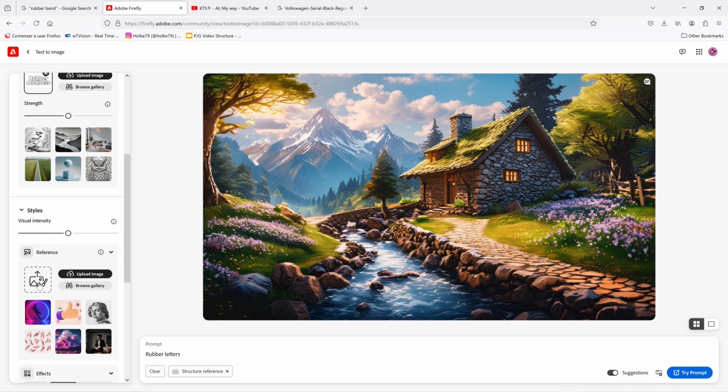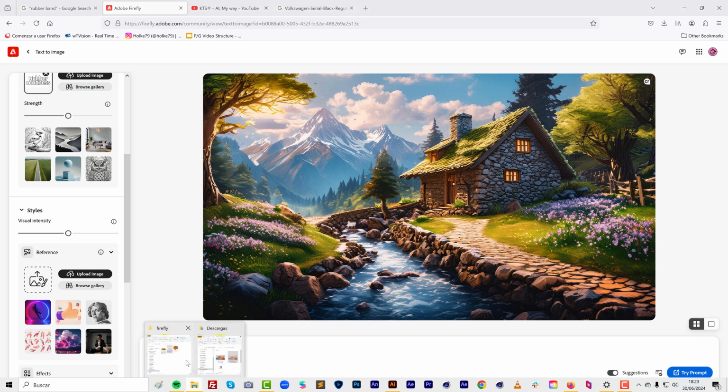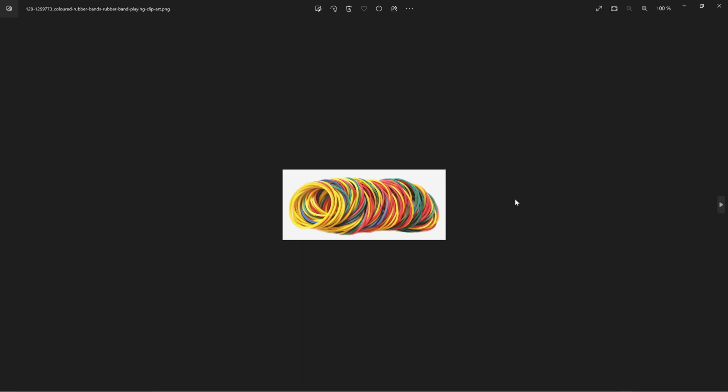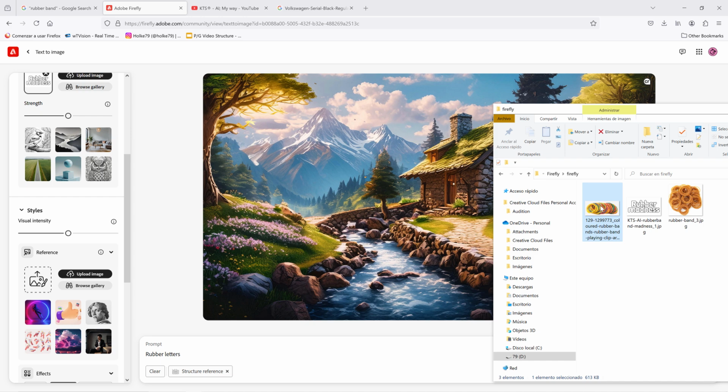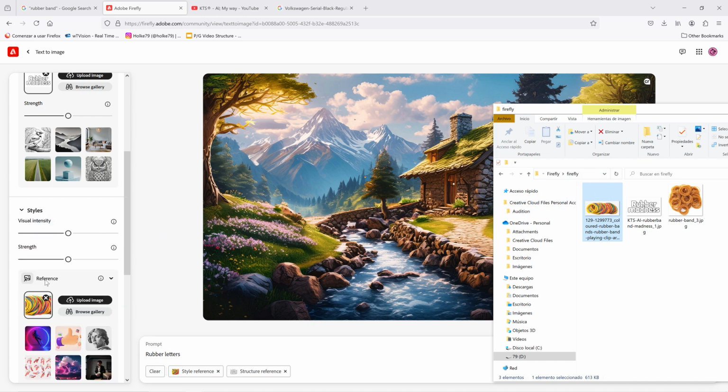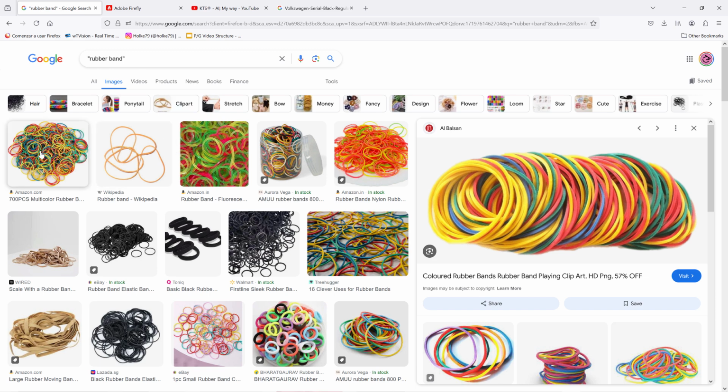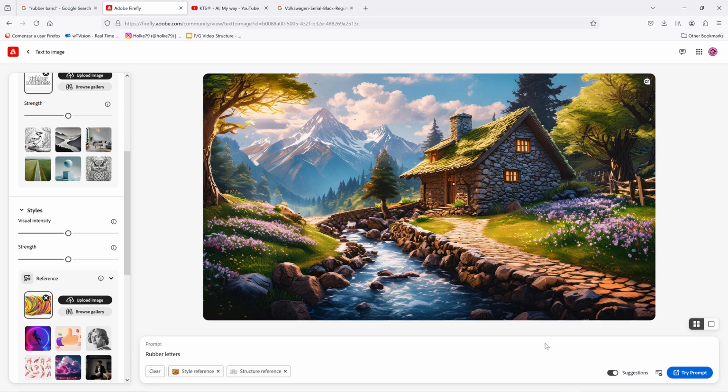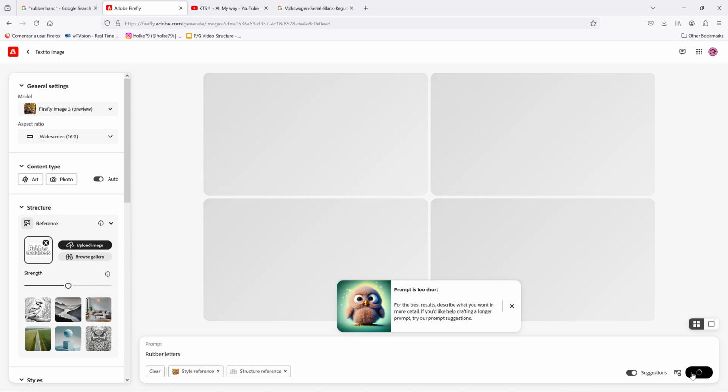And now we need our image for the visual style, and I'm going to use, for example, let's say this one with the colors. Okay, and I drop it here, and again I found that image just after a very quick search in Google. So now the magic starts when I click here in try prompt,